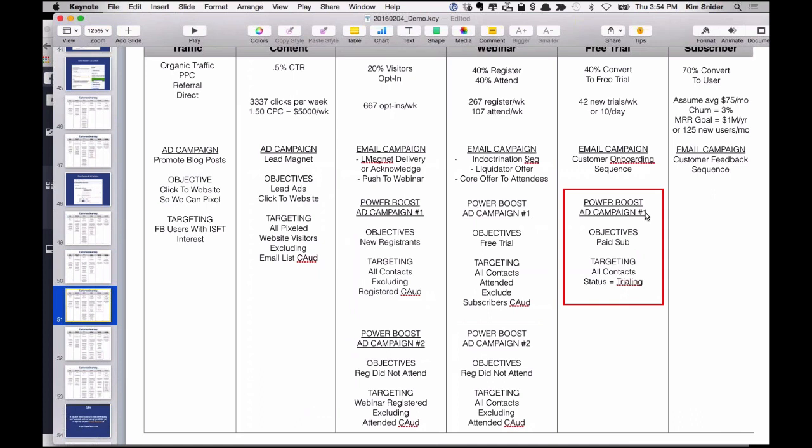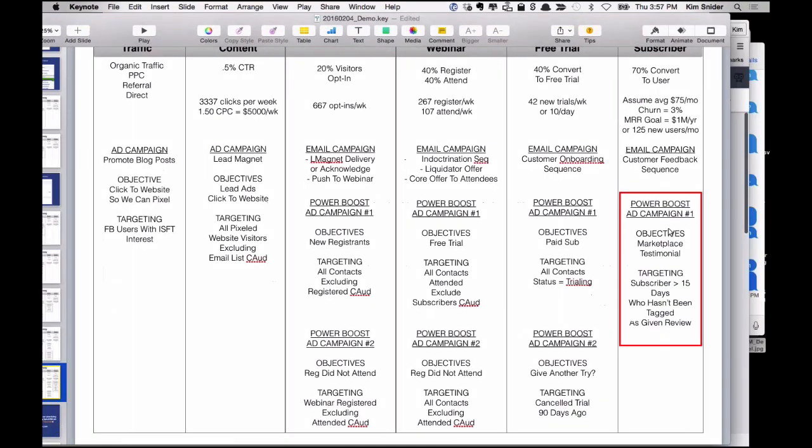Well, this is because these ads are so specific, they're really cheap. I can, for example, show you ads with testimonials for Sync to CRM, things which help with your buying decision, which reinforce that buying decision. They don't cost me anything. You probably won't even click on them, but you'll be seeing them, and that is reinforcing messaging. All contacts with status trialing, and that creative would be testimonials for the most part. And then finally, the last one here,